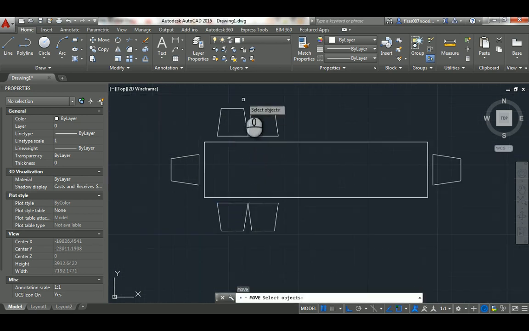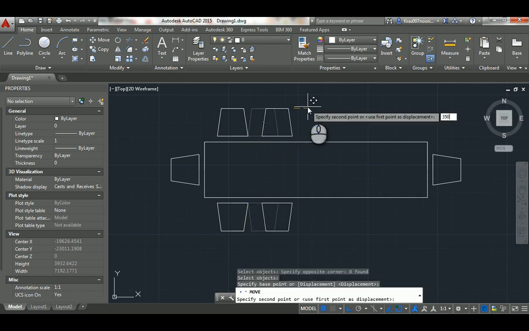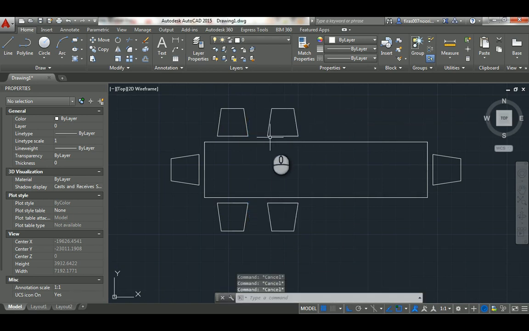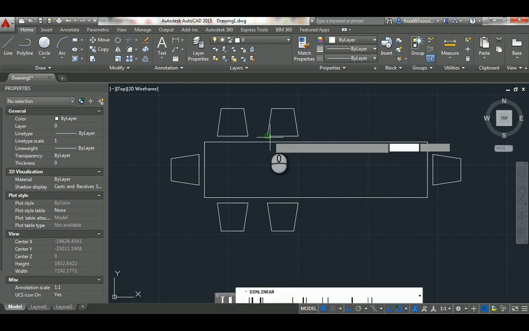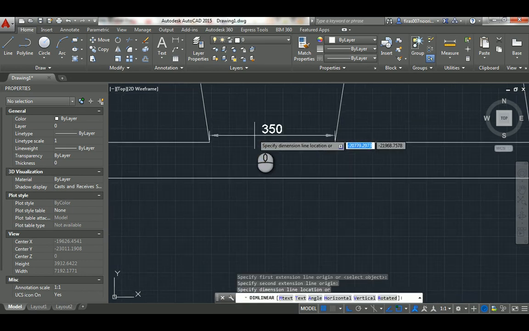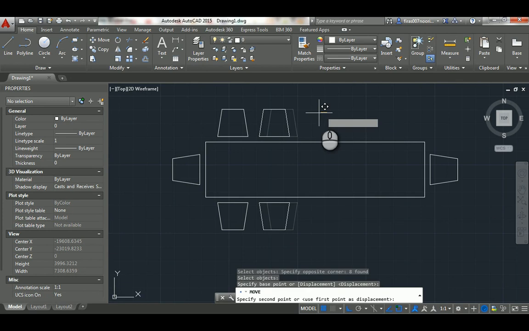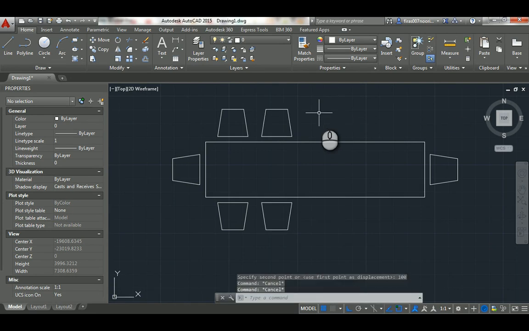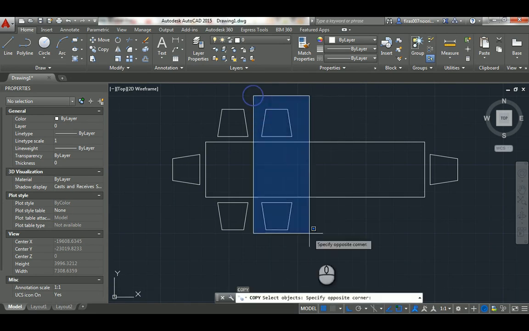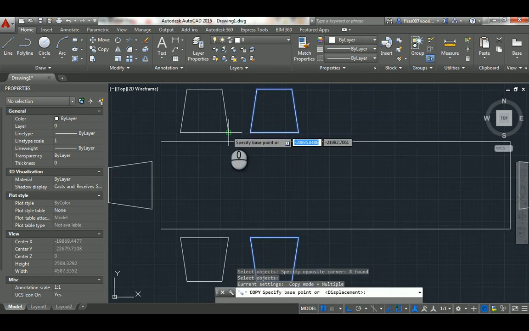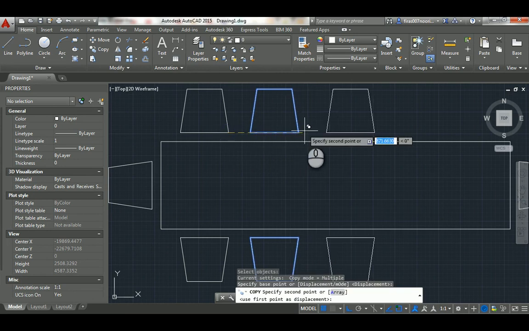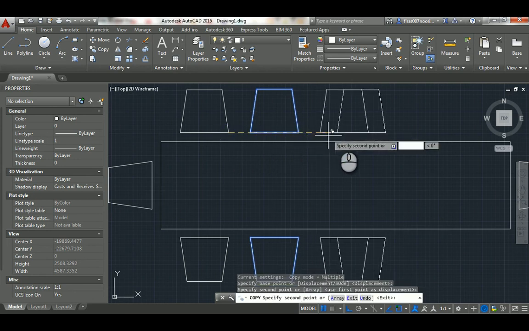Now move them again 250, so you make the gap of 250 required. Now just checking, is that 250? I actually pushed 350 by mistake, so I'm gonna return it 100. Now copy, and this time use this base point and move your hand to the end. That will make another 250,